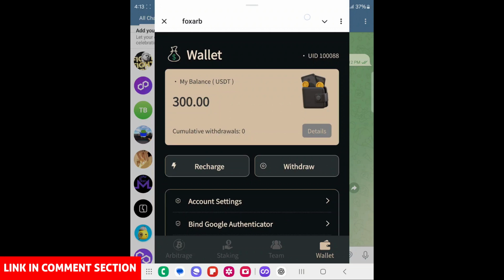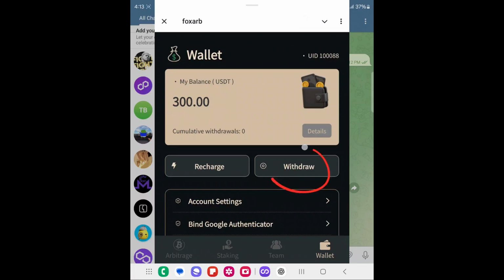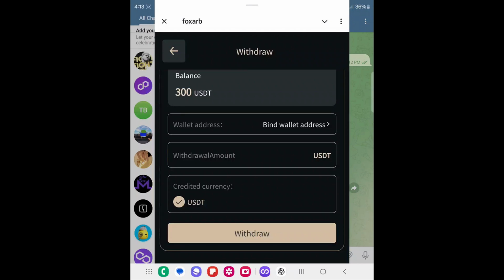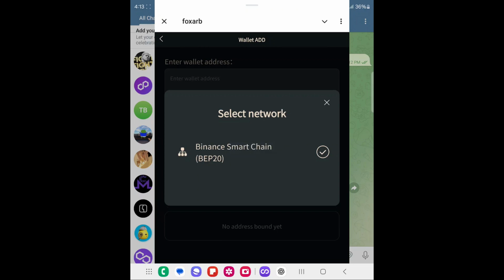Okay, so before that, you can see that in my account I have over 300 USDT. So let's go and cash out by clicking this cash out button. So first I have to go and bind my wallet address by clicking bind wallet. As I click on bind wallet,